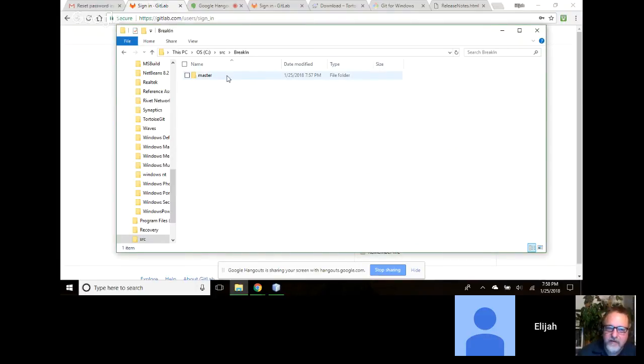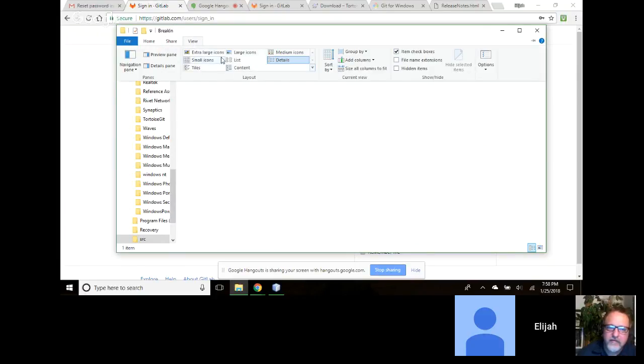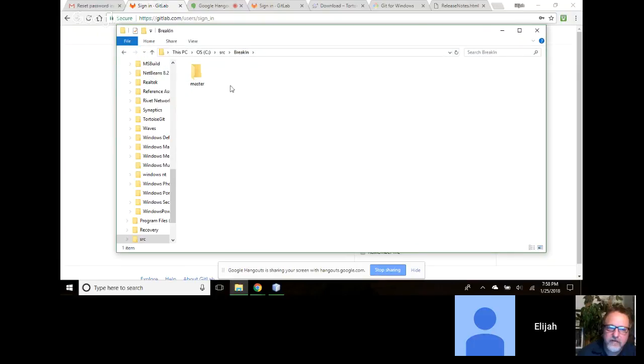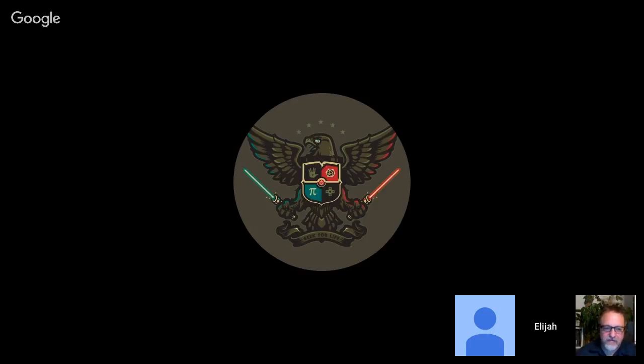Now, if you guys were to change the view, say view. Click at top, say view, and then do medium icons or wherever, small, medium. You guys still don't see the check mark, and I'm not sure why. That doesn't matter, but it is a special kind of folder. It's a Git managed folder. So you can stop sharing now.